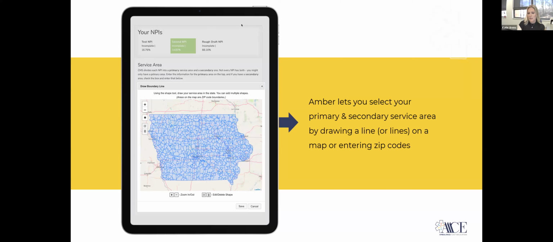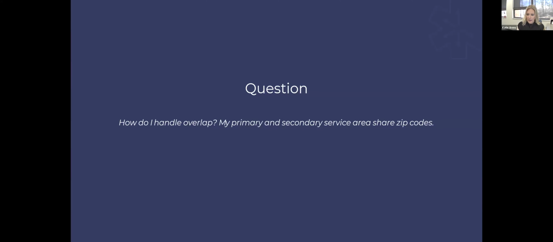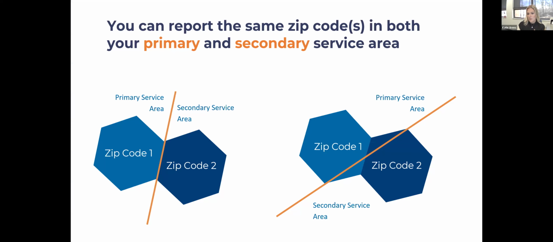On the next slide, the question can be posed, what if I have a zip code that's in my primary and my secondary response area? Like it crosses over, and you can report both in your primary and in your secondary. I wouldn't get too hung up on that. Go ahead and advance, Brian, to the next one, because ultimately, if you're routinely responding to a call within the zip code, I wouldn't get too hung up on it if you need to have it in both.